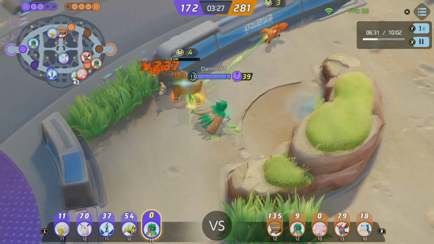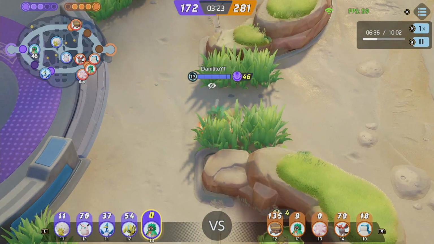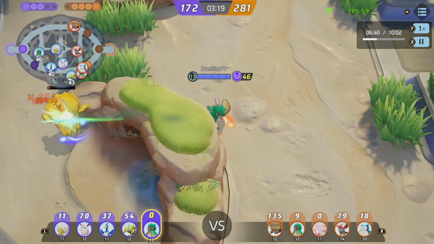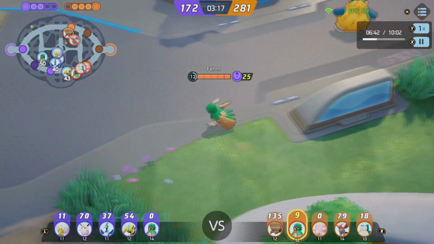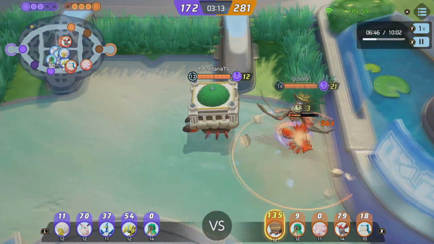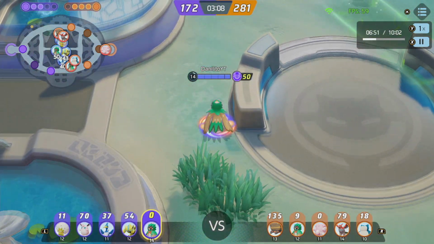Danilito there with the ultimate really saved him. Got a lot of pressure, a lot of damage done on that Talonflame. But a good example, if you saw, when Talonflame came in, it almost one-shot him. Seriously, Decidueye is so squishy. I really think Buddy Barrier is a great call. I really do. I don't know what else was in there. I don't know if there was an amplifier or not, but